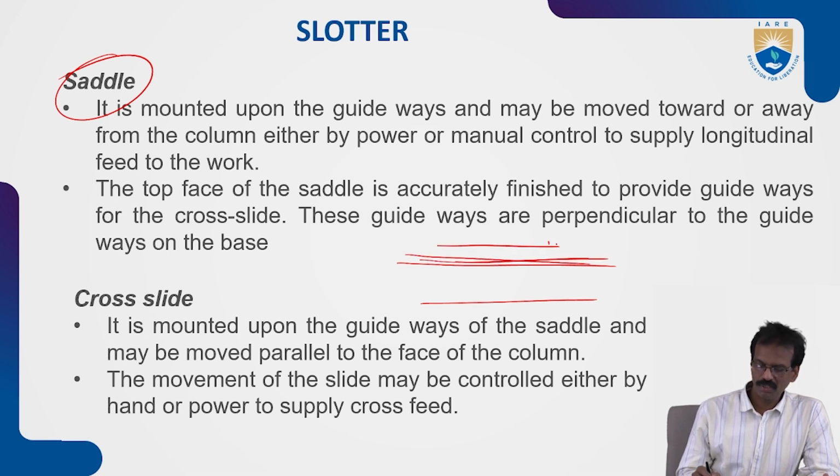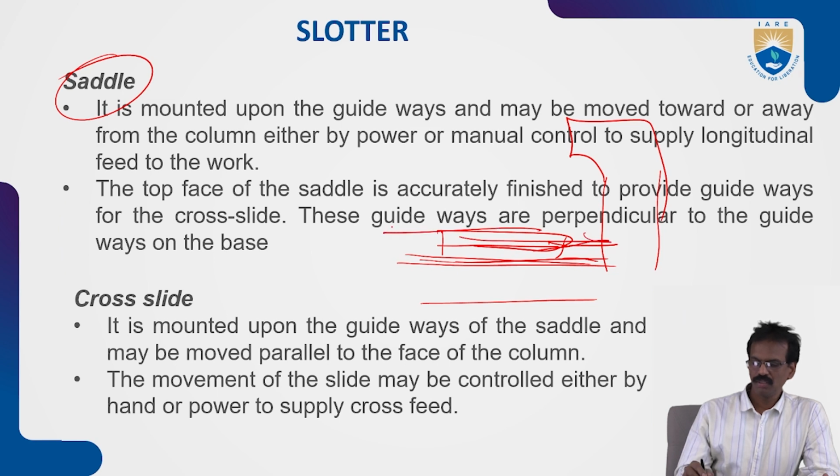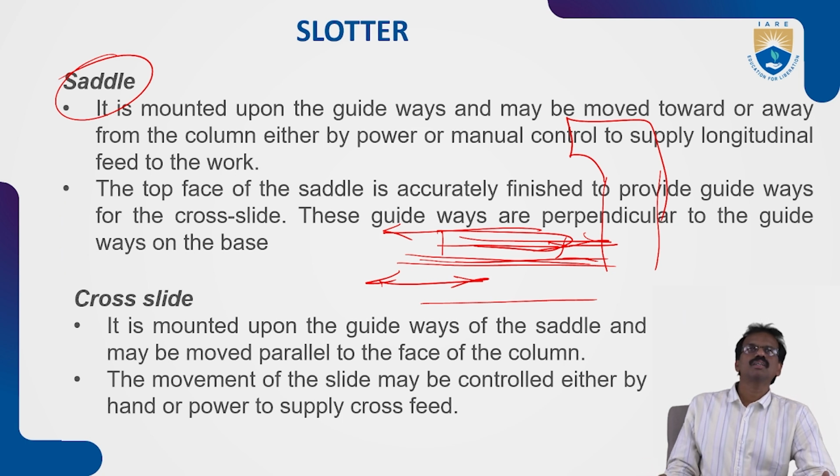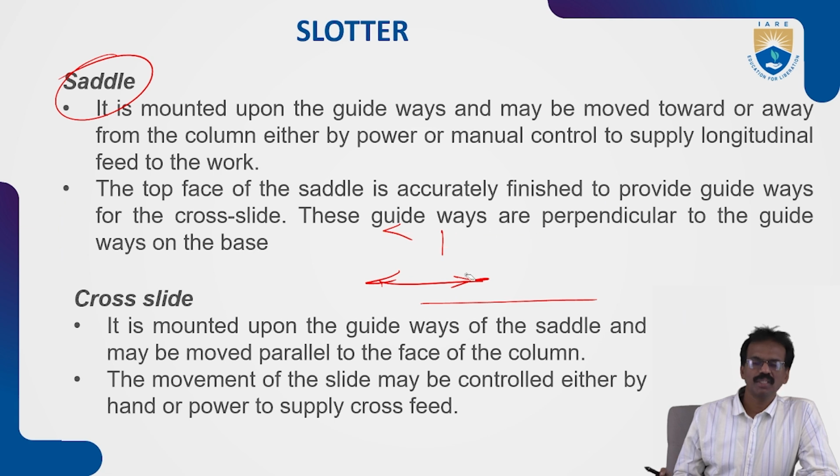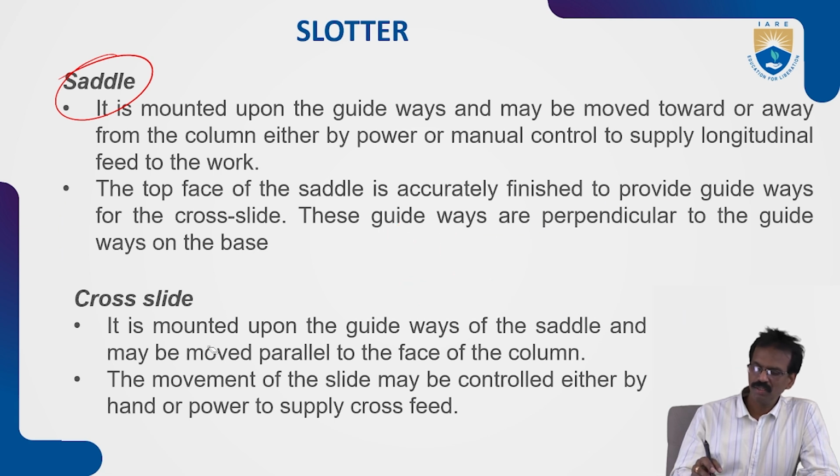So on this guideways, the saddle will move. The saddle moves towards the column. This is the column, you know this one. Towards the column and away from the column. So longitudinally, horizontally, the saddle moves in a to-and-fro motion. Okay, so it is mounted upon the guideways, and may move towards the column and away from the column